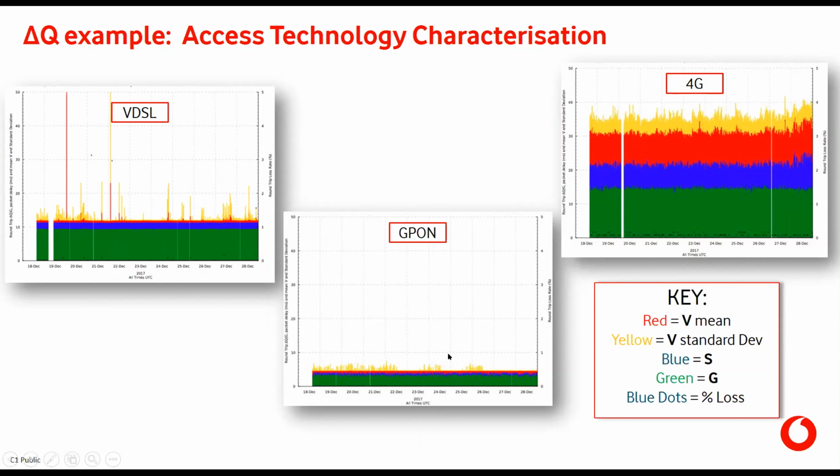And once we've done this, it's quite straightforward. If we continue to monitor these lines, you can start to see misconfiguration. Normally we'd see the G quite low for GPON, so you can pick out misconfigurations or performance issues quite quickly that you wouldn't normally expect. It's really helpful splitting out these aspects into the different G, S and V components to be able to see this.